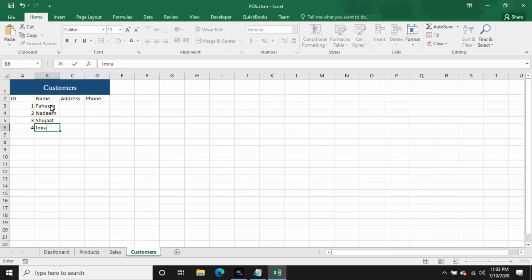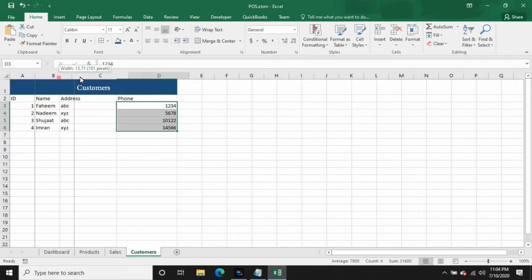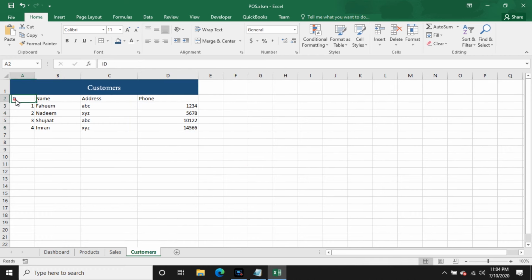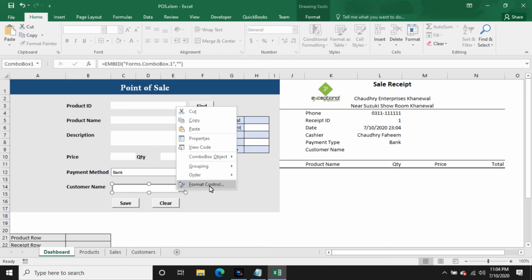like that, and address ABC XYZ. You can assign anyone. And that phone number is like that. So, and after that, save the file, and after that go to dashboard and select this tab, format control, or go to